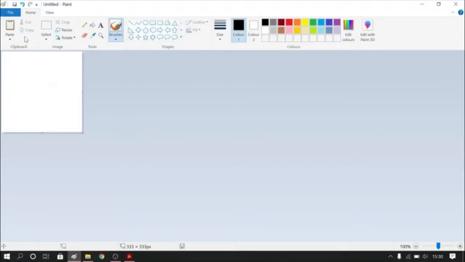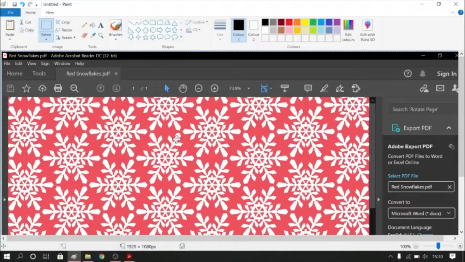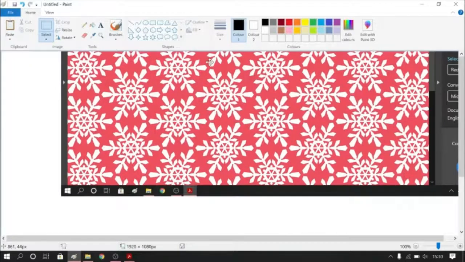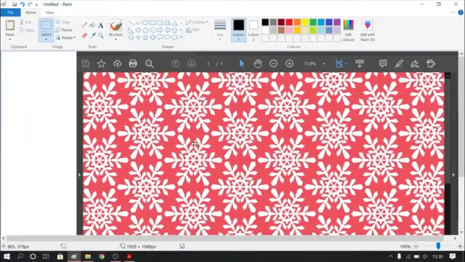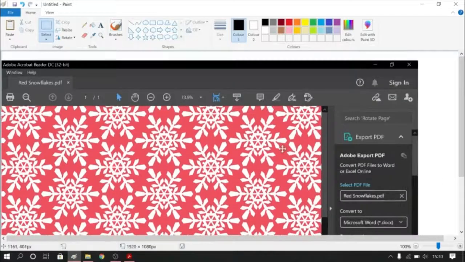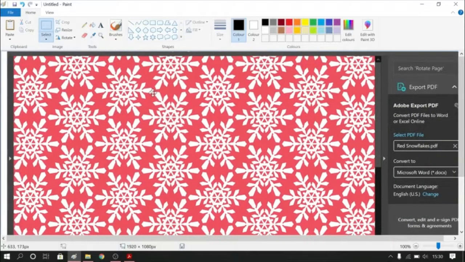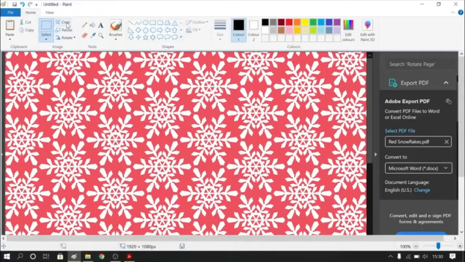Right click, no, I beg your pardon, click on Paste, and lo and behold, the image that you were looking at has been captured. And if anybody says to you, I need a screen print, that's how you would do it. Press PRT SC and you get a screen print. Now, as I said, if I only want